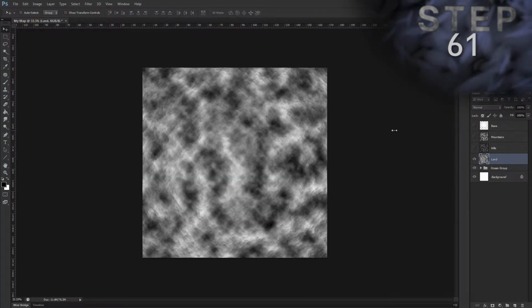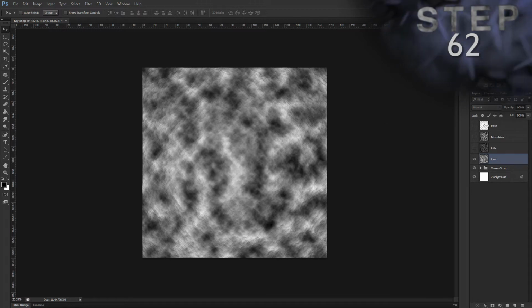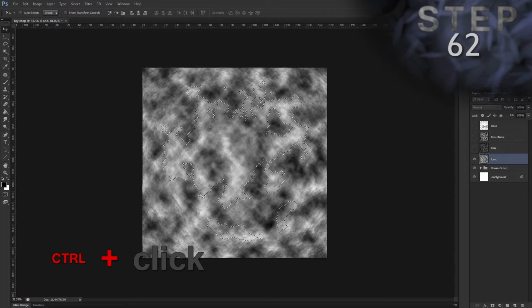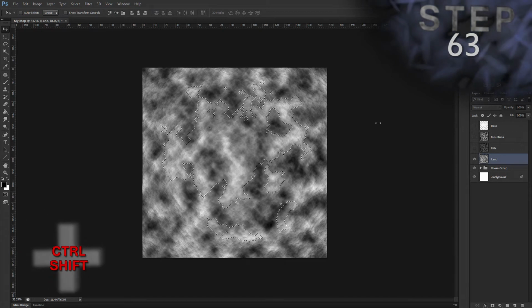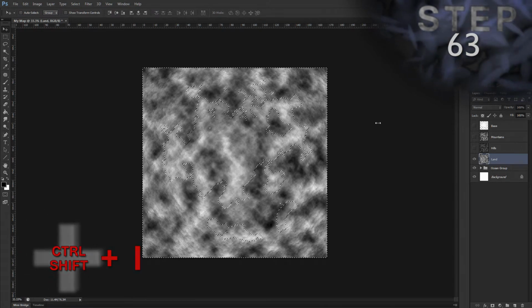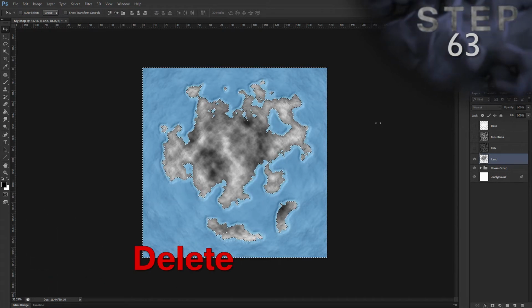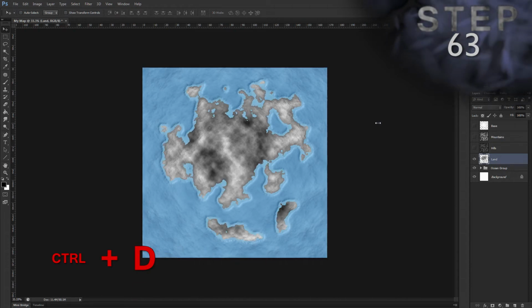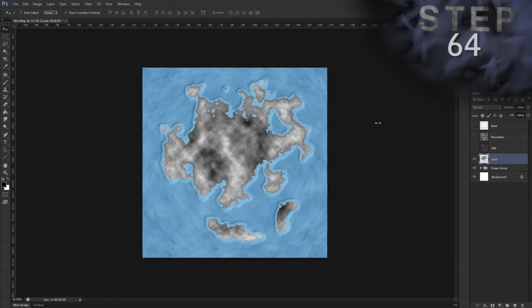Alright, make sure layer Land is selected. And create a selection from layer base, so Control-click on the layer thumbnail. Invert selection, Control-Shift-I. Delete selected, delete. And deselect, Control-D. Now let's add an outer glow layer style,